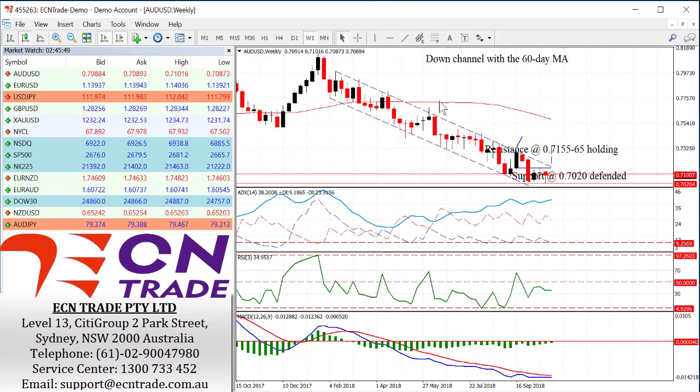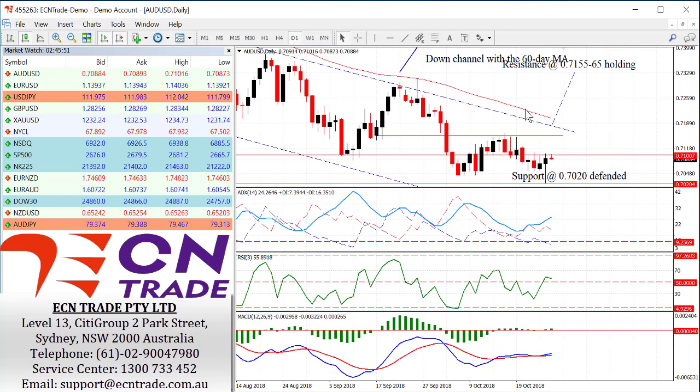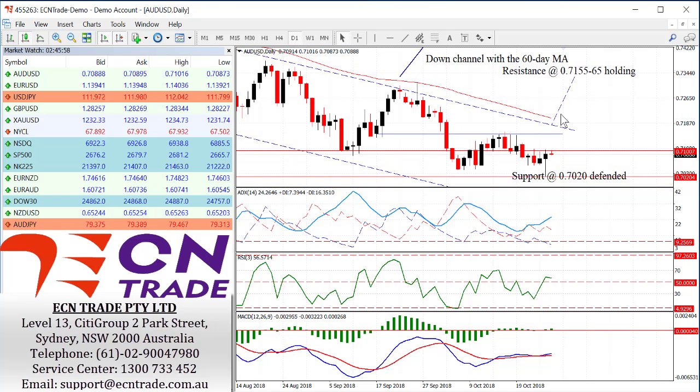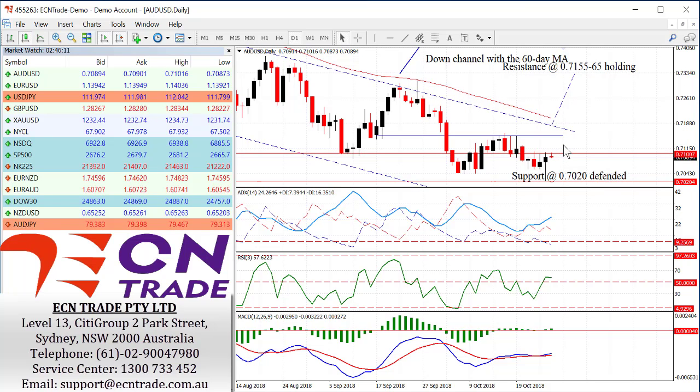If you look at the weeklies, very strong down channel indeed, and therefore with the 60-day moving average just above there, you can see here when I just get the value, is at 72.02, hugging the down channel. Of course, as you can see here, there was a lot of hurdles towards the upside for the Aussie to get bullish. Therefore, I keep my view, the fact that the market will eventually progress lower and re-challenge the lows that we saw on Friday. But of course, with the level of 70.20 being defended, no doubt is slightly a bullish foundation there.